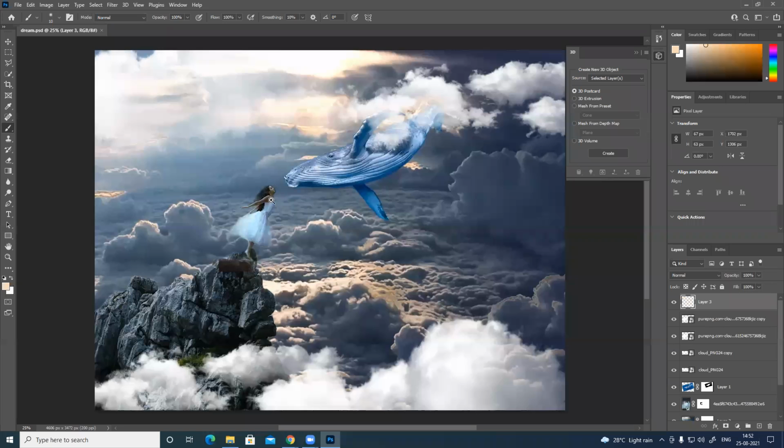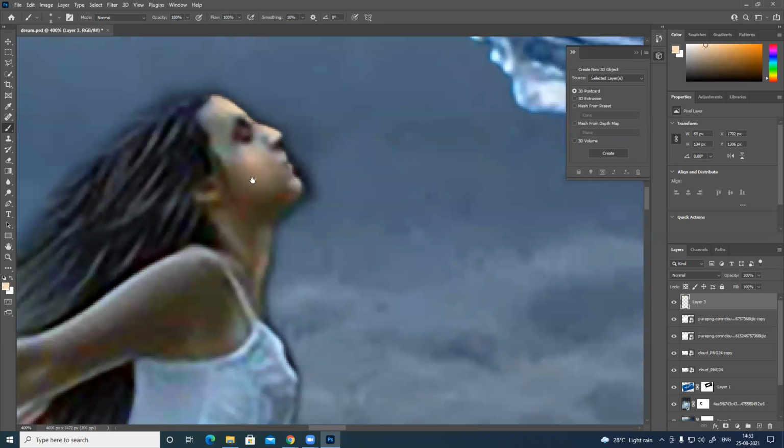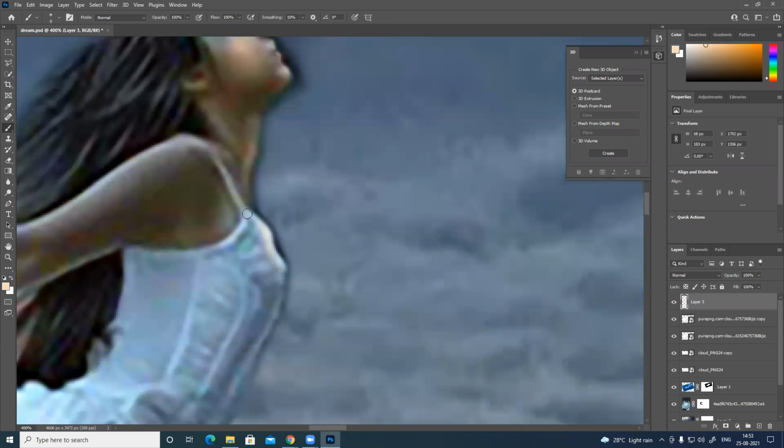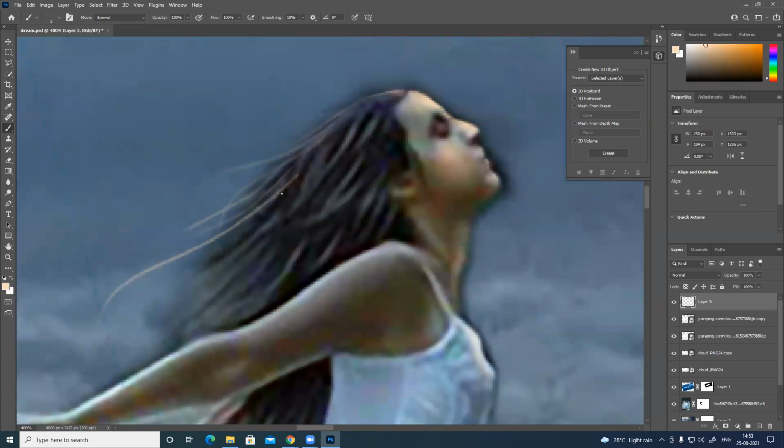Okay. I was painting this because I have to change the entire lighting direction. So to paint those loose hair strands.